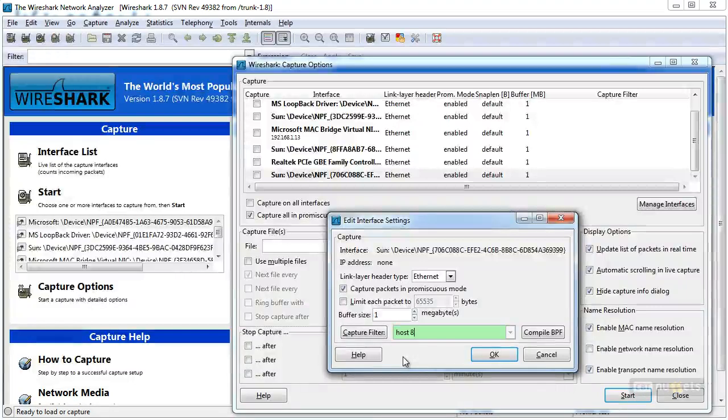So let's say host 8.8.8.8. Now that IP address is associated with a Google DNS server. So if we wanted to generate traffic for that, we could ping that IP address, or if we have a PC that's using that as a DNS server, we'd be able to see traffic to or from that address with this capture filter. Now, we could just click OK, and it would apply that as a capture filter,